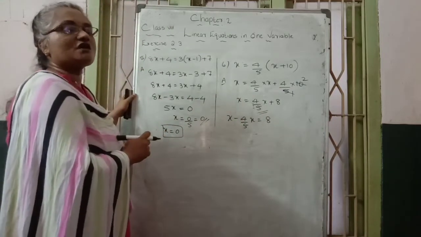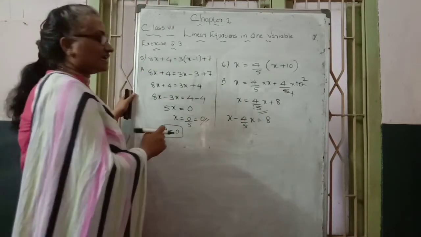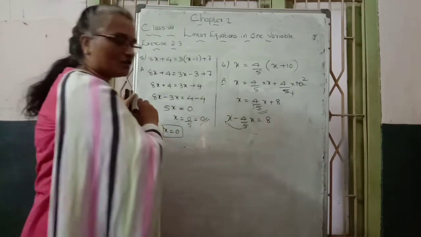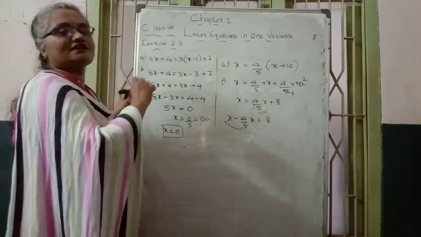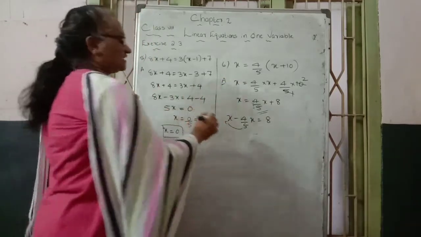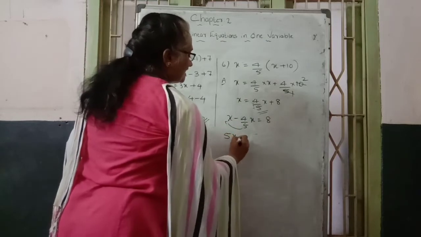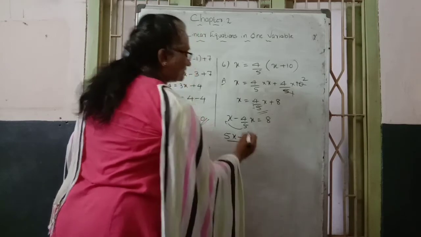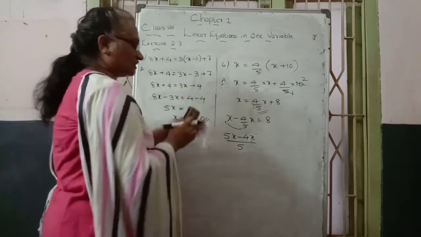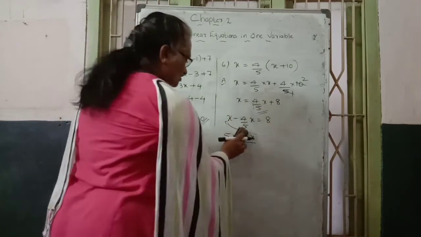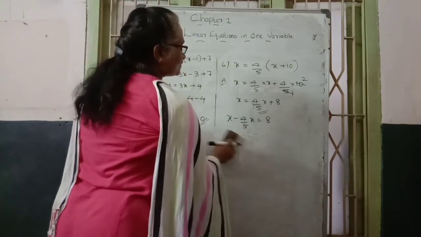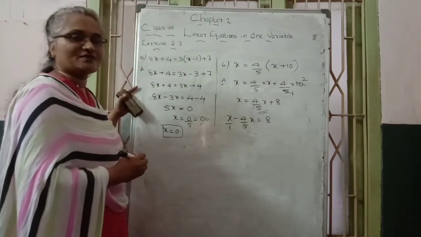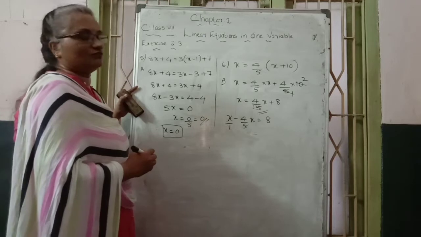What we want to do here is take the LCM. How can we do the LCM? The denominator 5 is cross multiplied with x, and the whole is divided by the denominator LCM 5. 5 into x becomes 5x, minus 4x; 4 into x becomes 4x, whole divided by the denominator 5. Or, if you feel confusion in this method, you can put the denominator as 1 to avoid confusion.